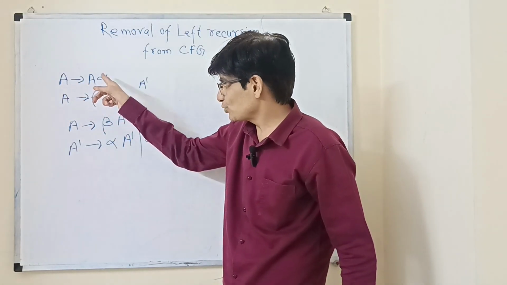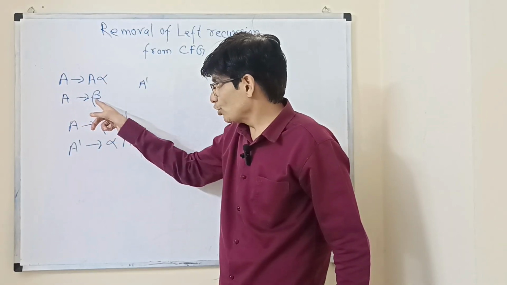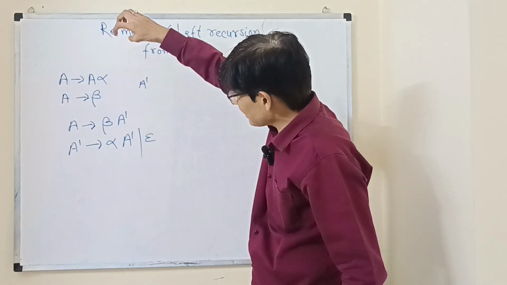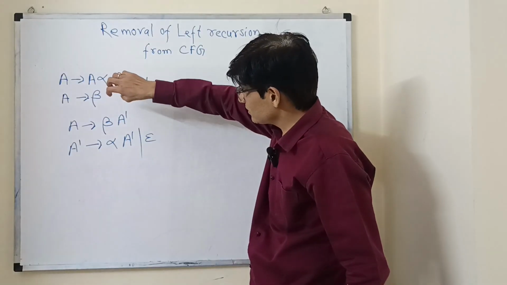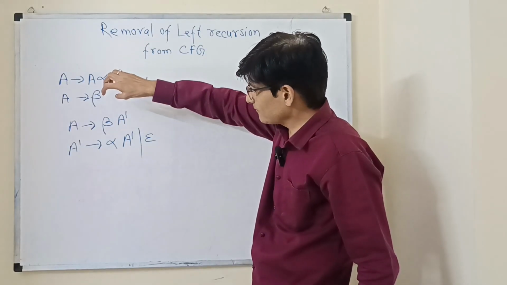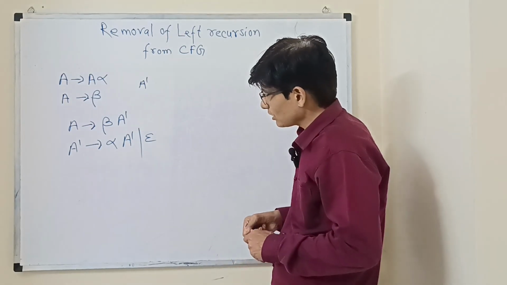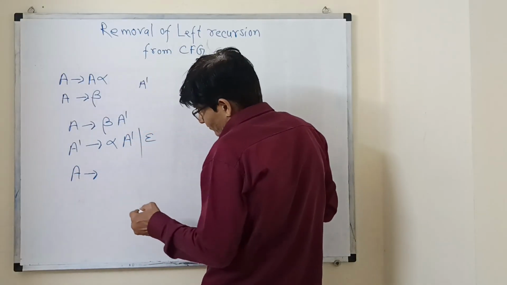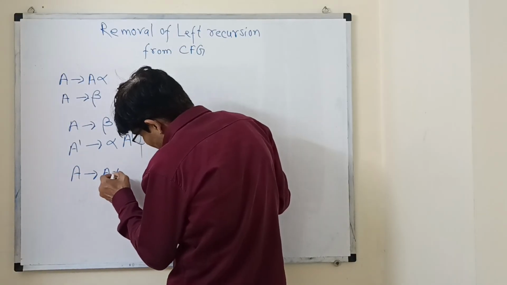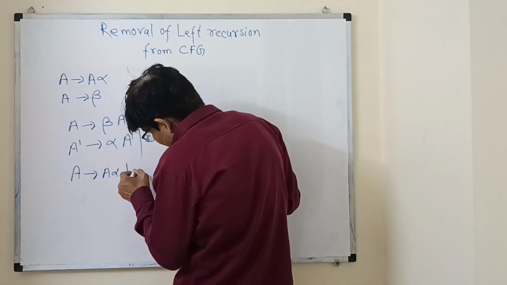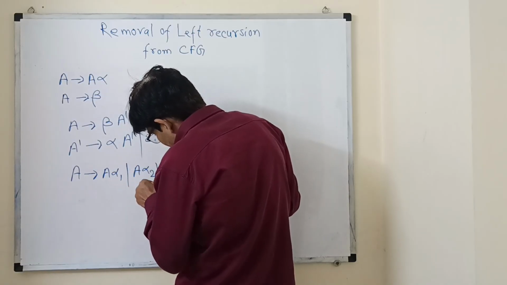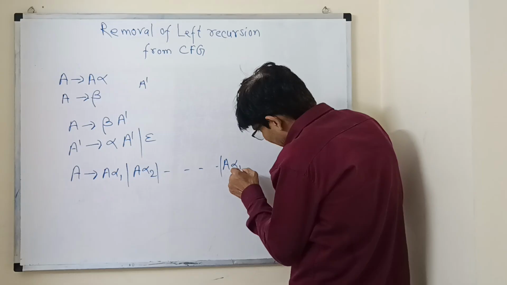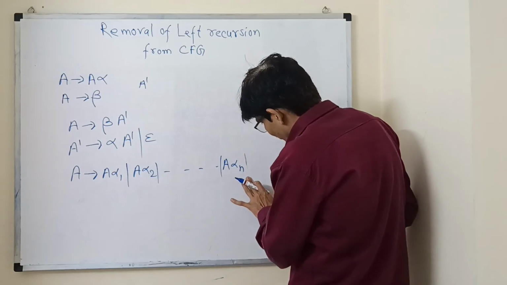These are all left recursive productions, and all non-recursive productions will come in this category. Now we can rewrite the formula in one more different way. Suppose you have more than one left recursive production, like this: A gives A alpha 1, then A gives A alpha 2, and like this A gives A alpha n, n number of productions you have